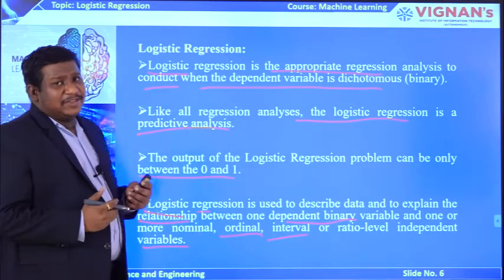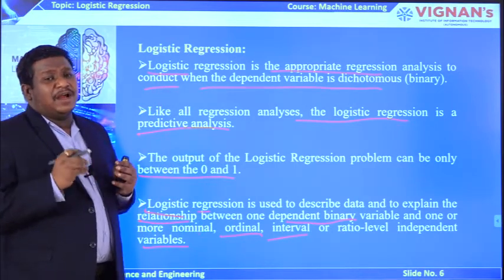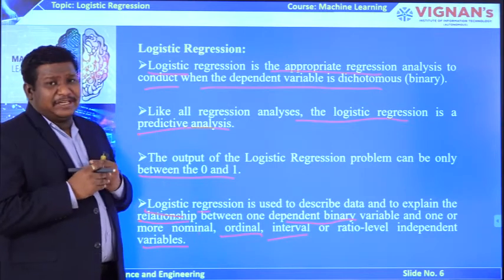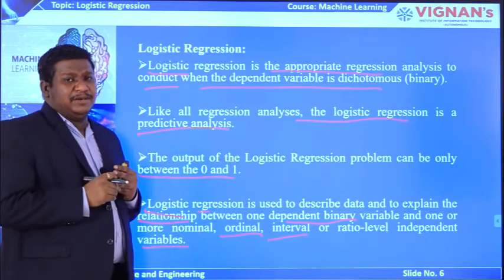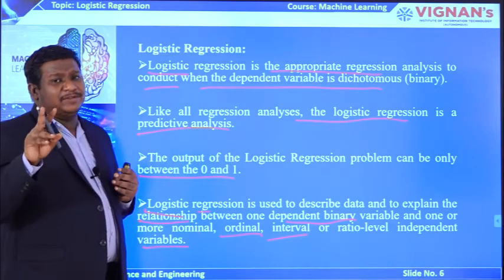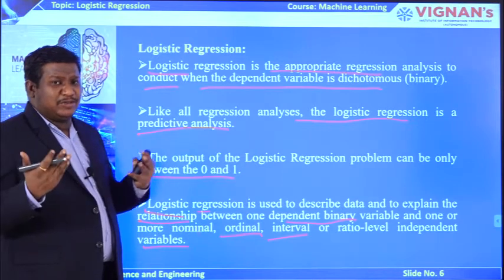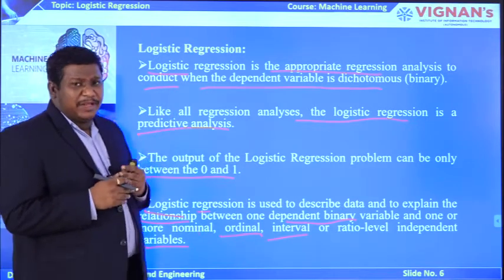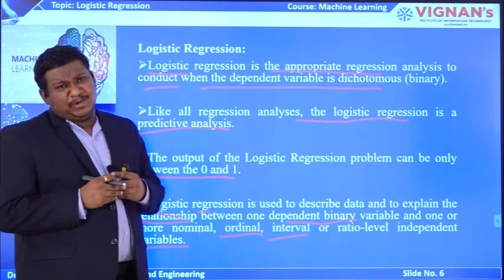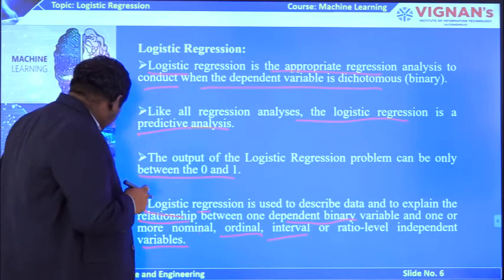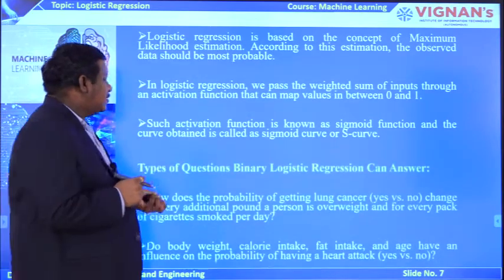Logistic regression is used to give predictive analysis, especially in problems where the output of the dependent variable gives you two values, that is, binary values. In other words, when the output of a regression model is a dichotomous value, you automatically go to the logistic regression model. So, this is the basics of logistic regression. Let us go deeper into it.